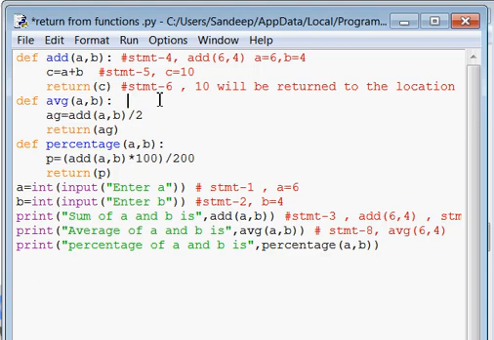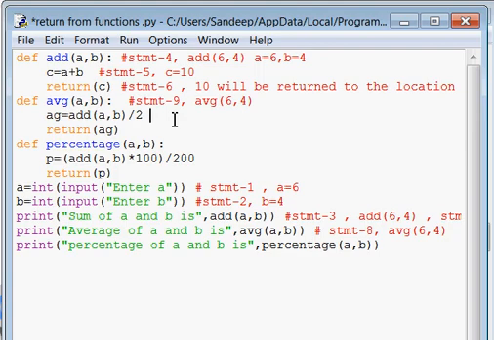So the next statement that will be executing, statement 9, is this, and it will execute this function with the value 6, 4, means A and B again have the value 6 and 4.